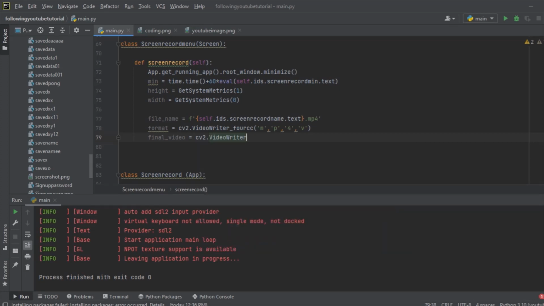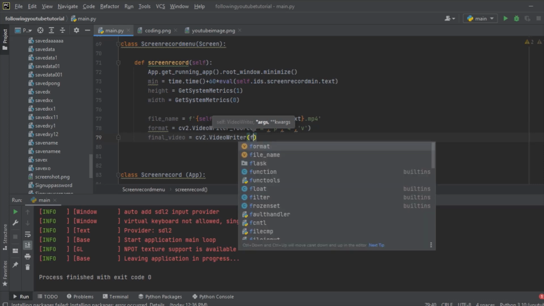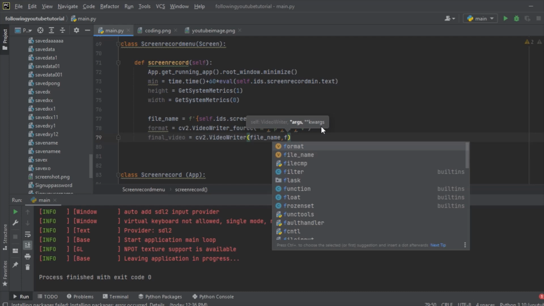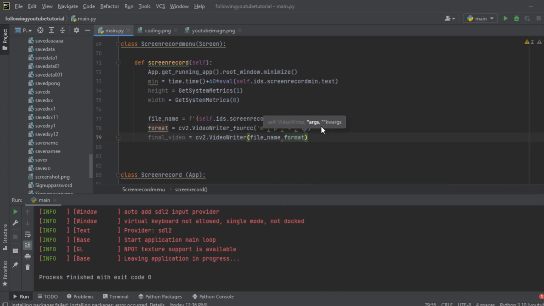Then under it I'm going to write file name, and I'm going to write format here, and also 20.0, and